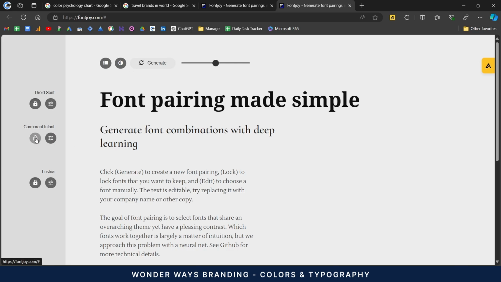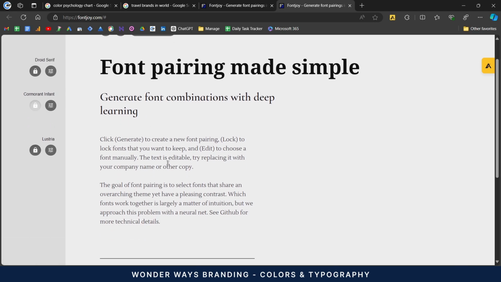I can start with these fonts. Let's copy some text to experiment with the fonts in Adobe Illustrator.